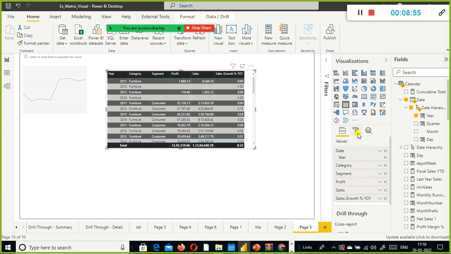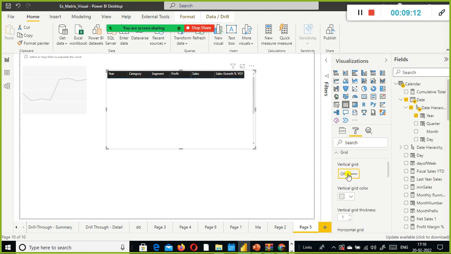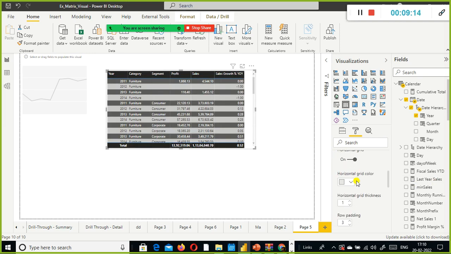to formatting also. I just go to the format section, and here we go and see the style. Yeah, this is the one I used. And if you want a grid, you can enable grid. If you want vertical grid, you can enable it. Or if you don't need it, you can toggle from on to off. And next one is you have horizontal grid and vertical grid. These are the options available.